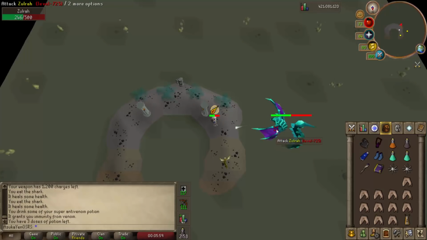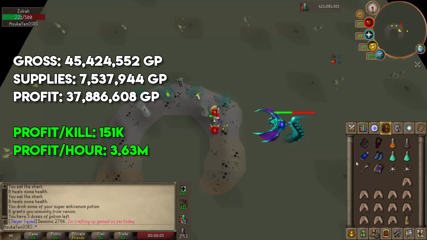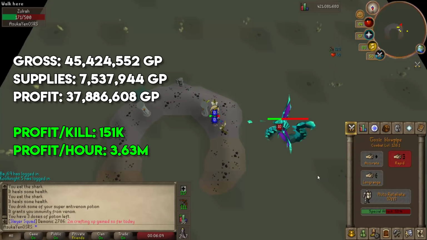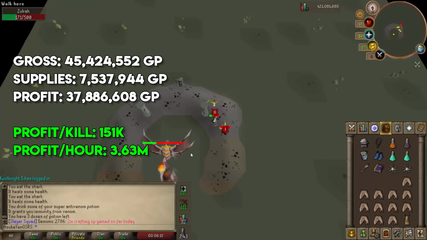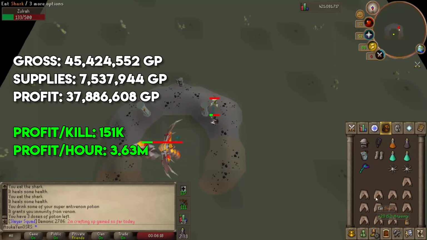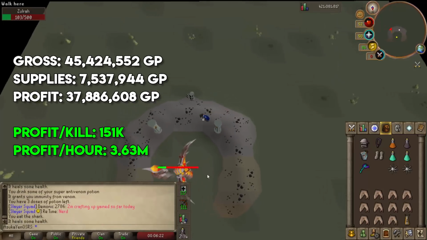My gross value ended up being 45,424,552 GP. Now the supply cost was a little bit less because of what I just said. I was using my house a lot more. I used less food, less potions, yada yada. My supply costs ended up being 7,537,944 GP, giving me a total profit of